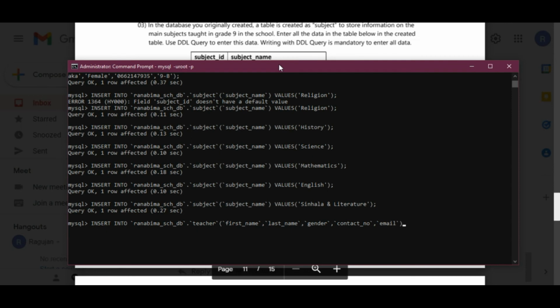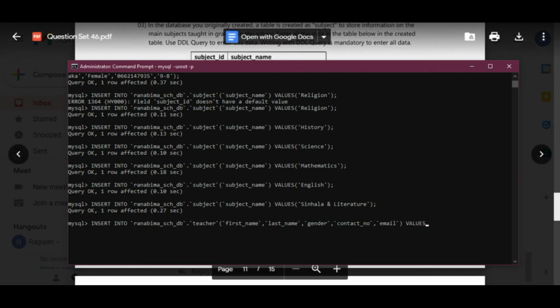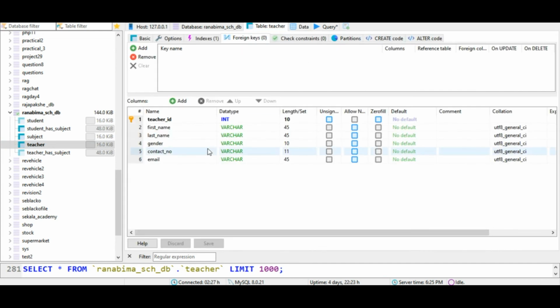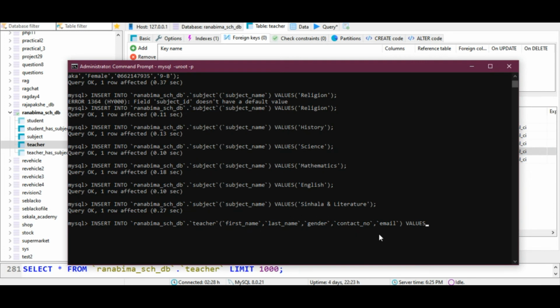And now after that we have to give the values. Let's take a look at our teacher table to make sure we wrote the correct names of those columns: contact number, email. Okay, and let's enter data. So the first one, first teacher name, first row,